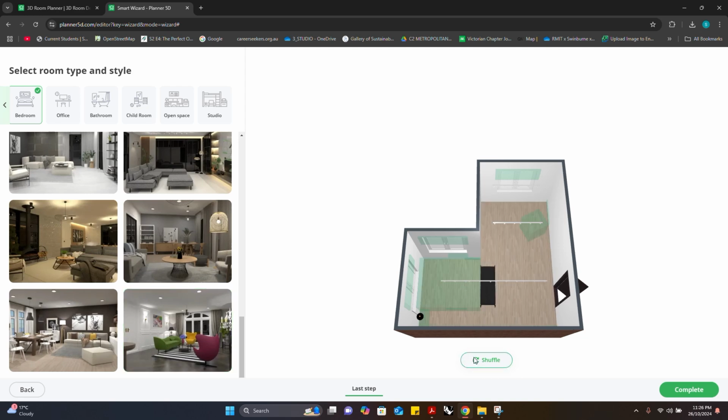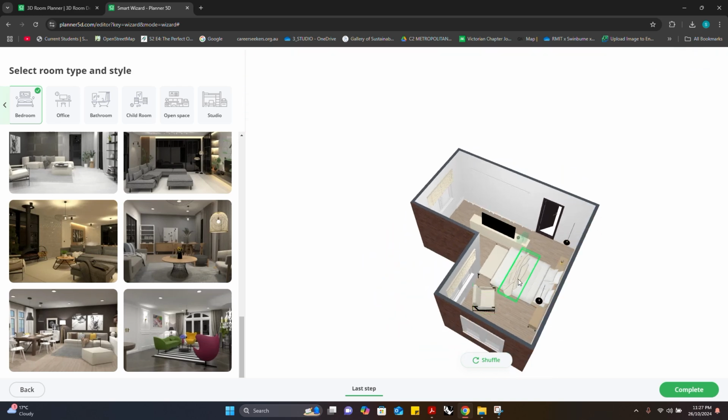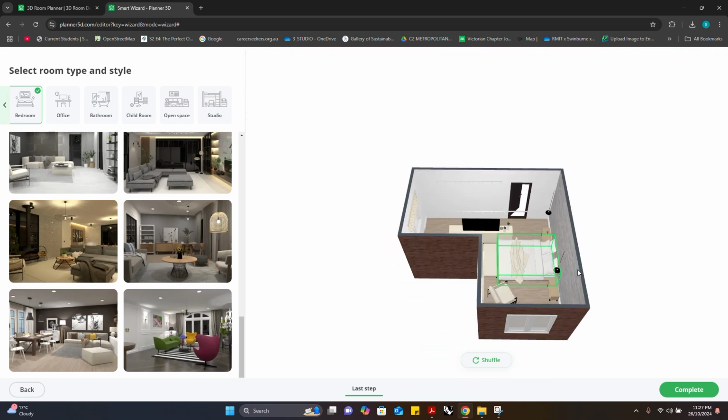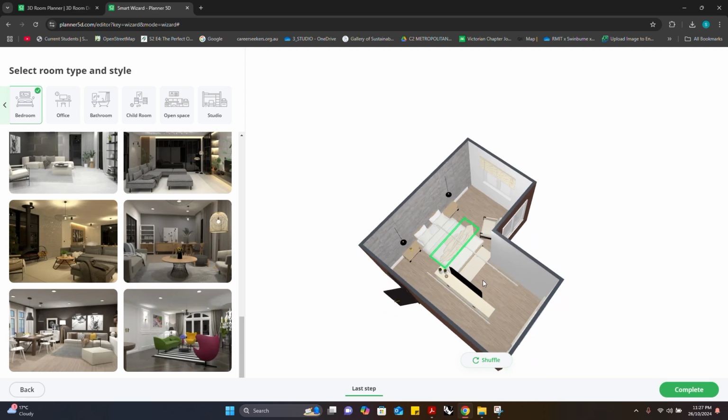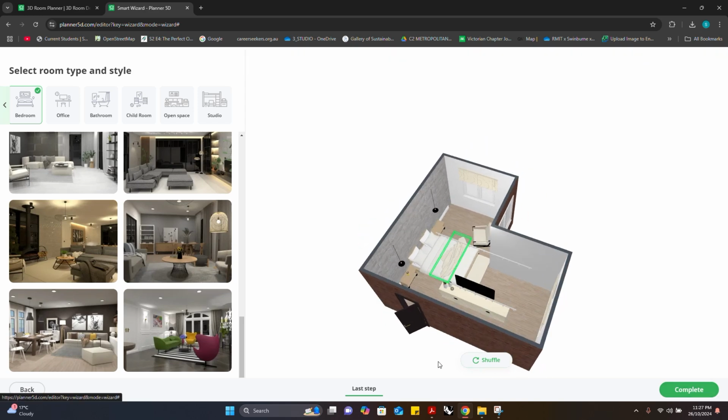You can shuffle around, and what that does is it just moves the furniture around the room into different positions. You can't really change much in this option. If you choose this one, you sort of have to go with whatever the layout is. There's only so much that you can do. And then once we go to complete,